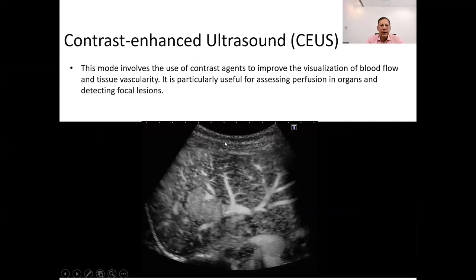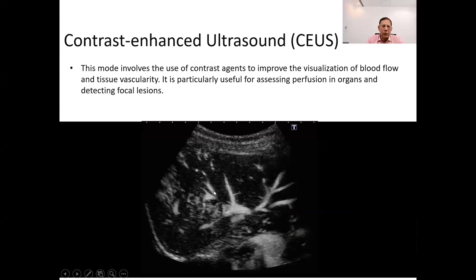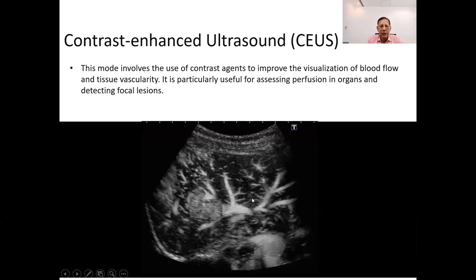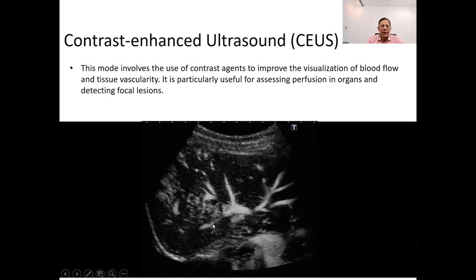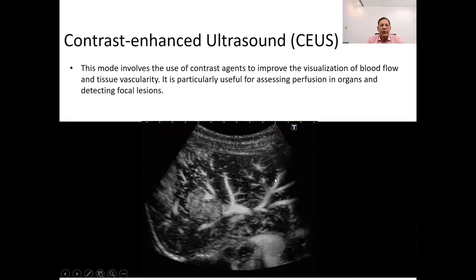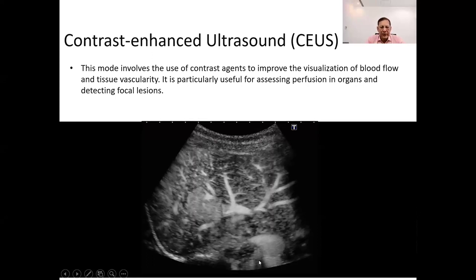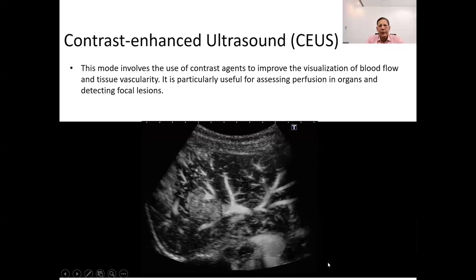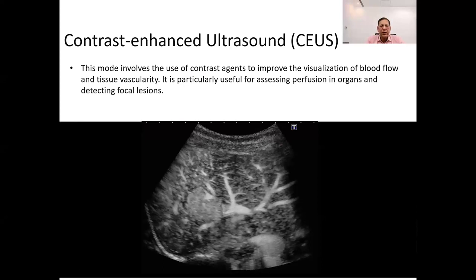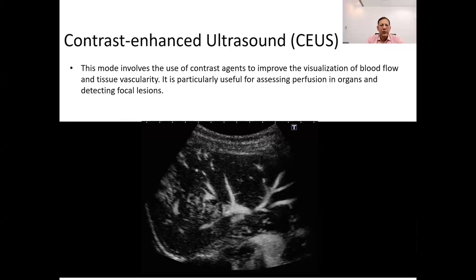Contrast enhanced ultrasound is a specialized ultrasound imaging technique that utilizes contrast agents to improve the visualization of blood flow and tissue vascularity or perfusion in real time. A small amount of contrast agent is injected intravenously into the patient's bloodstream. The contrast agent consists of microbubbles that are much smaller than red blood cells, allowing them to pass through the